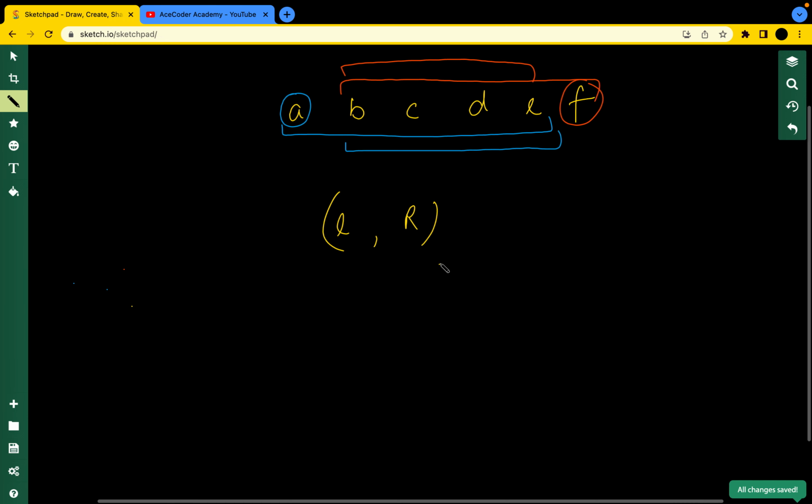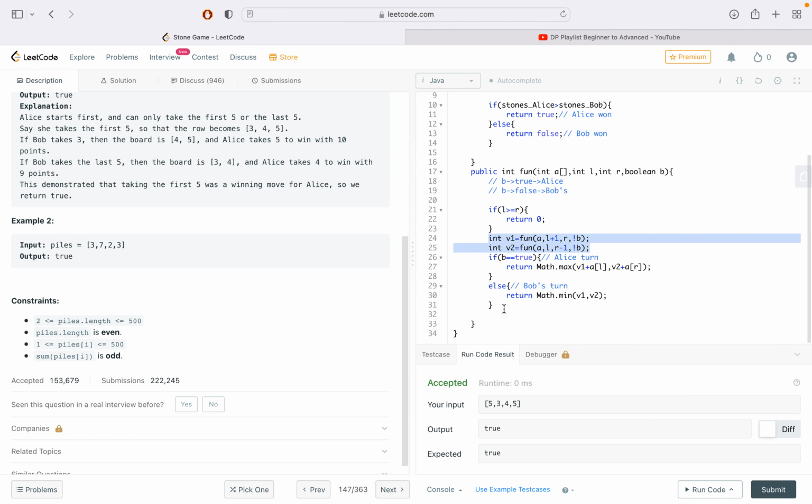So we will be creating a 2D array and initializing the L and R indices with the answer of their particular range. So now let's do that. We'll simply pass in the DP array and we will write, if dp of L of R is not equal to 0,